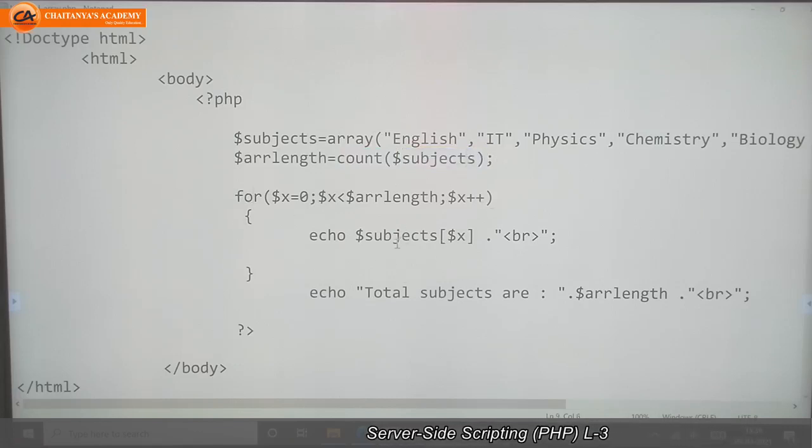Here I want to print the values one by one, so I am going to use a for loop, because I want to execute one line of code repeatedly.